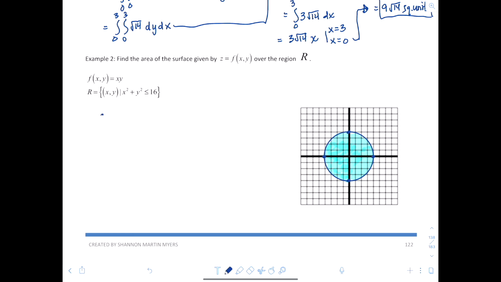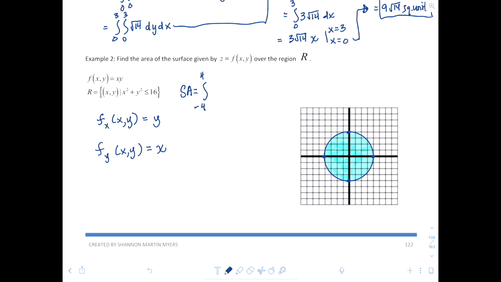Okay, so setting up my integral, let's see. First let's do what's fx of x and y. It's just x. Nope, sorry, it's y. And then fy at x and y is x. So setting up our integral, our surface area would be